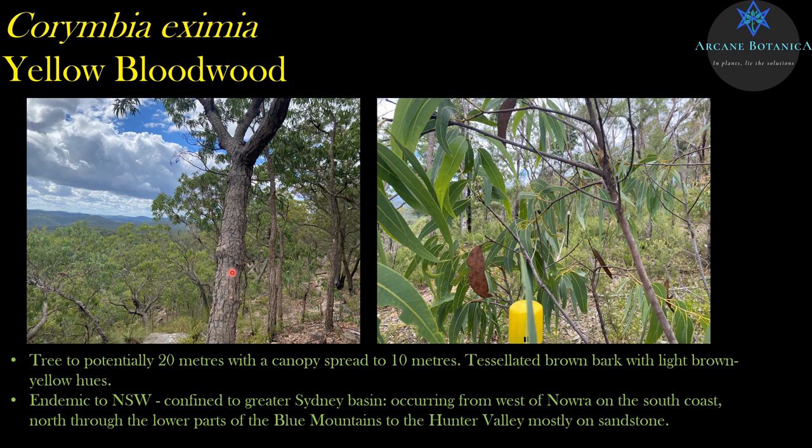Corymbia gummifera is called gummifera because it's gum bearing. It has some red resin that comes out. Some people have commented that it doesn't release a lot of red resin, but that's the name for Corymbia gummifera. Corymbia maculata is named for the spots, and Corymbia eximia, I've forgotten at the moment what the derivation of that name is, but someone can punch it into the comments and let me know. I have covered it before, but right now I forget. But it's got these beautiful yellow tones.